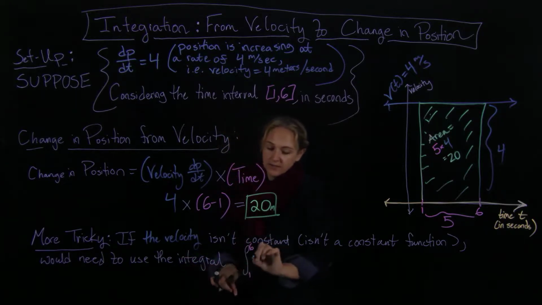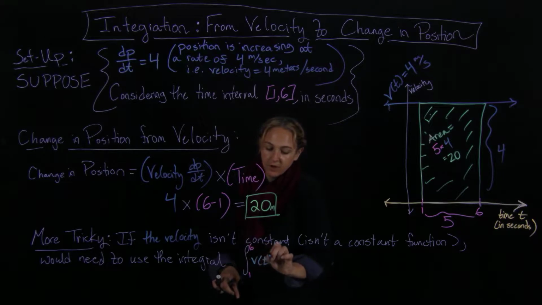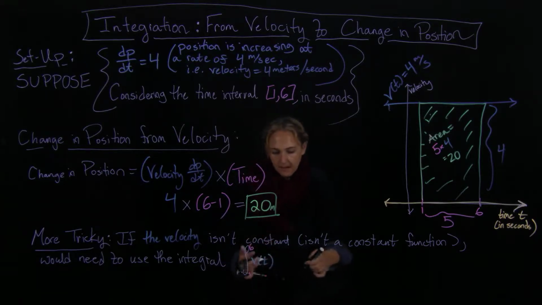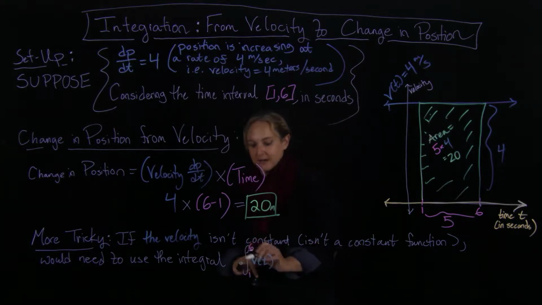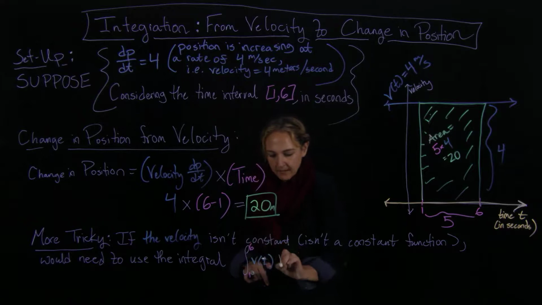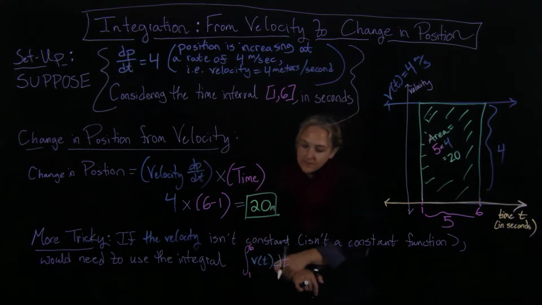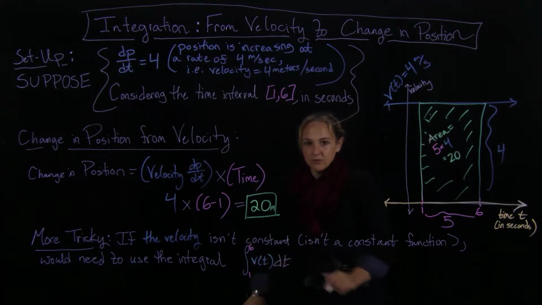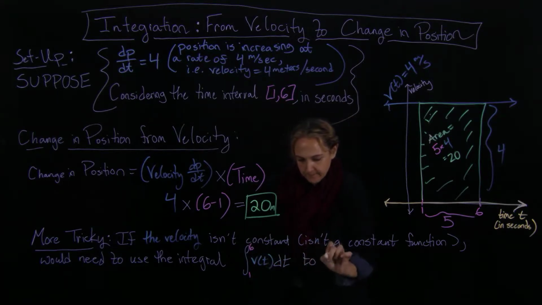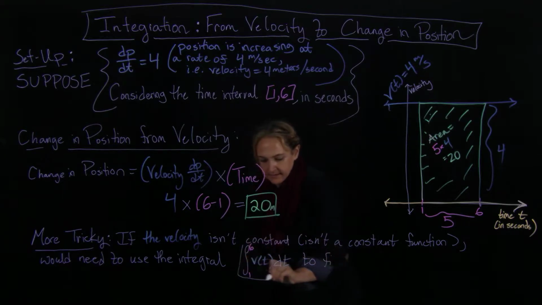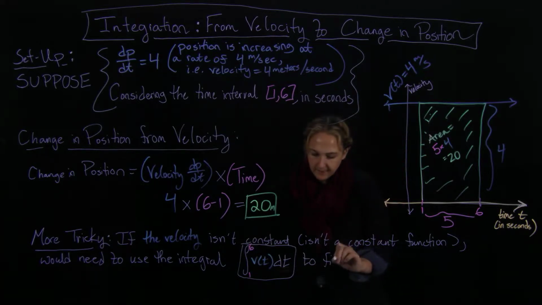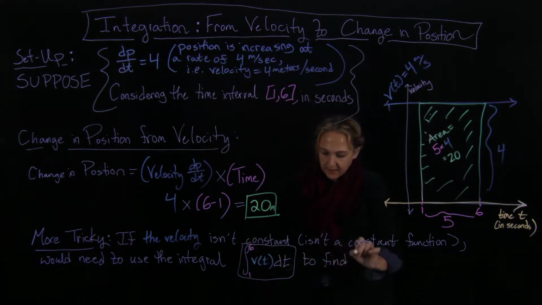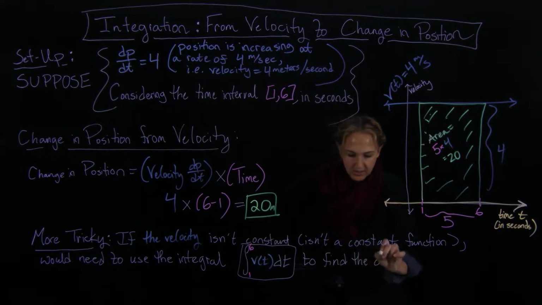What am I integrating? I'm really integrating the velocity, okay? And then, because I'm looking at velocity as varying over time, and this is an interval in time, I write a nice dt here, okay? And we would take this integral to find, maybe I'm going to box this so that you can see. I'm going to take that particular integral, and what it's going to give me is the change in position,